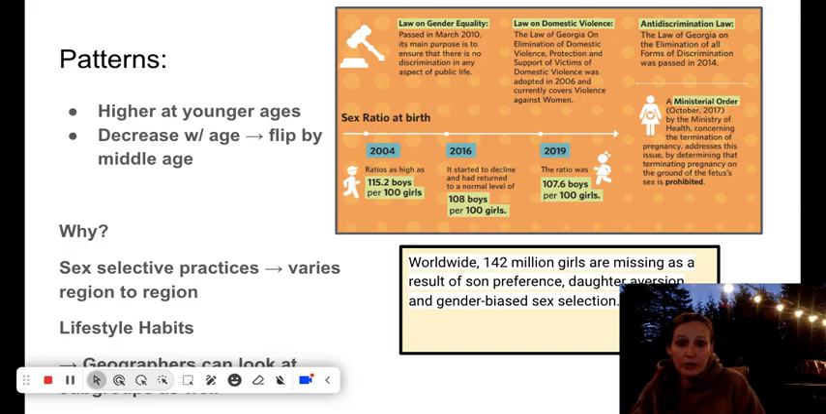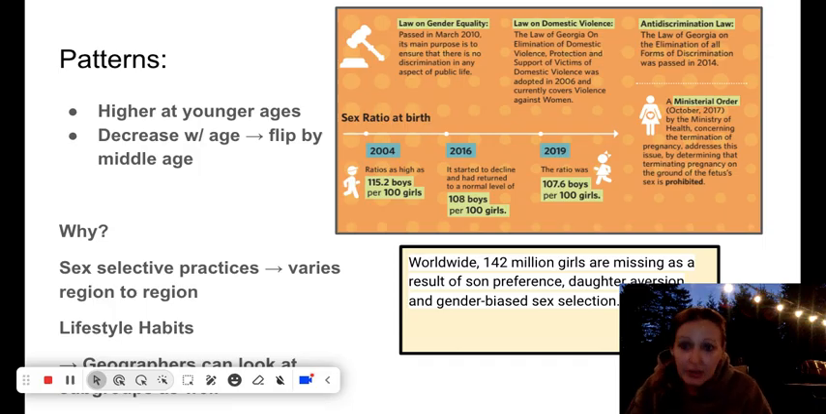Geographers here are going to look for patterns, right? Usually you want to see population pyramids that are higher at younger ages, that are sort of wider and then narrow. But you don't want to narrow it too fast and too much. Now, sometimes, like you said, it will decrease with age. And as I was saying before, it will usually flip by middle age, where at that point there's more